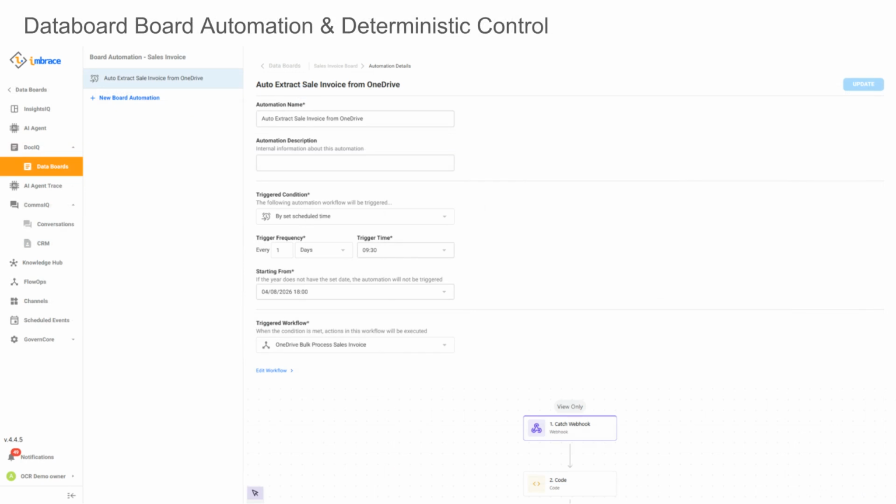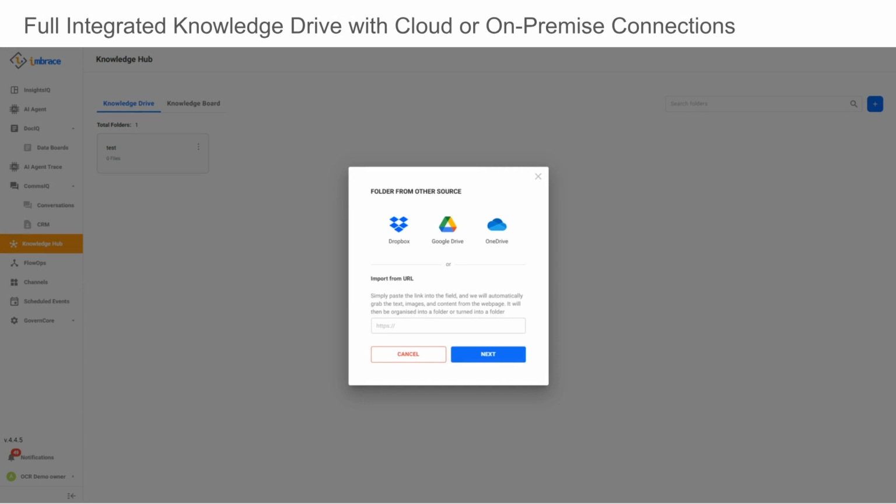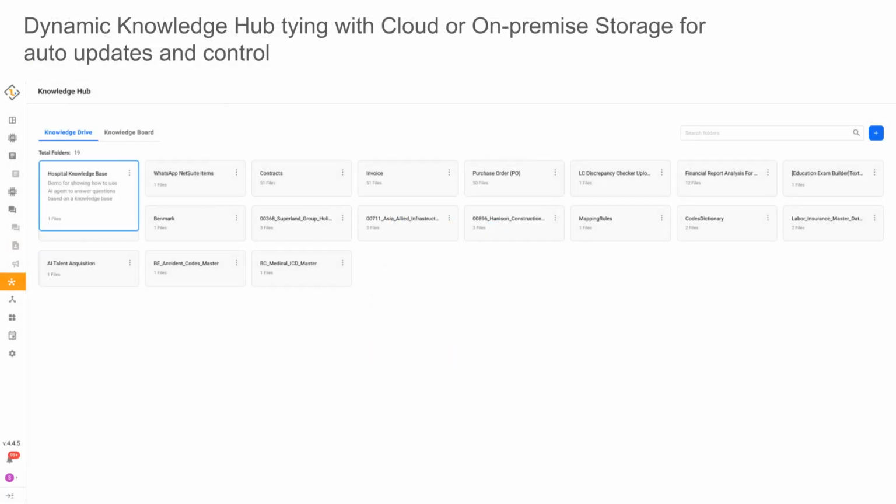You can set up workflows like automatic sale invoice extraction from OneDrive to streamline your processes. iMBrace provides a fully integrated knowledge drive with connections to cloud services like Dropbox, Google Drive, and OneDrive, or on-premise solutions. The Dynamic Knowledge Hub ties into cloud or on-premise storage for auto updates and control, keeping your knowledge base